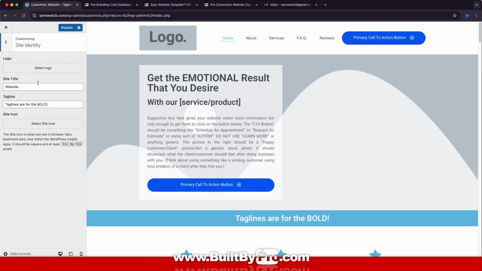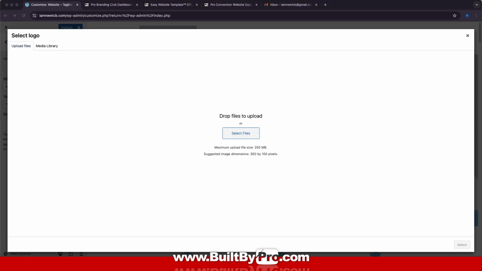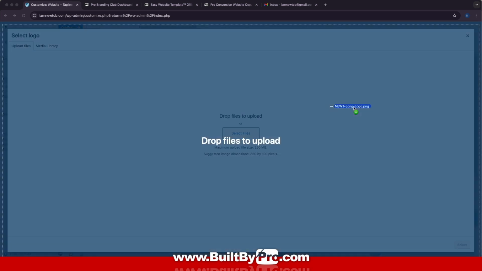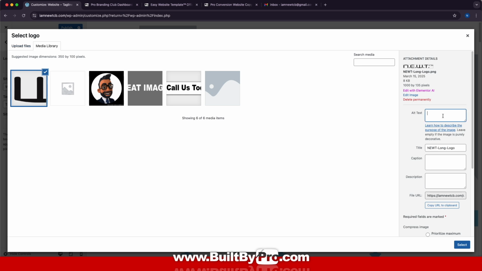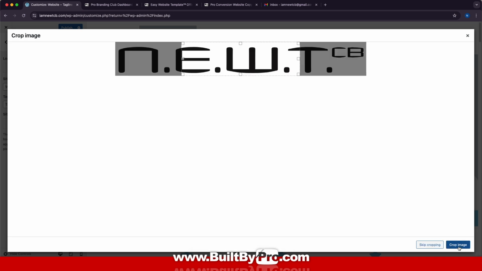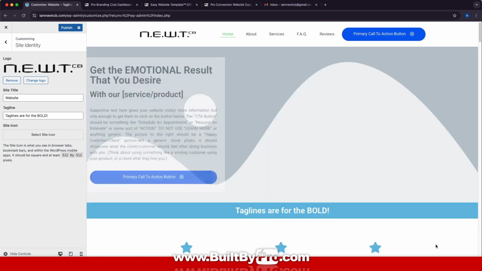And we're going to cover these 4 sections. The first thing is your logo, so we'll click on Select Logo. We'll click on Upload Files, and then I'm going to drag in the long logo for Newt. I'll go ahead and add the alt text Newt logo, and then I'll go ahead and click on Select. And of course, you can change the alt text to whatever your business is. Don't put Newt logo. So we'll go ahead and click on Select. I'm going to go ahead and click on Skip Cropping, and then you will see it automatically change on the